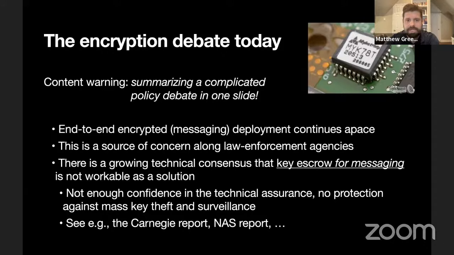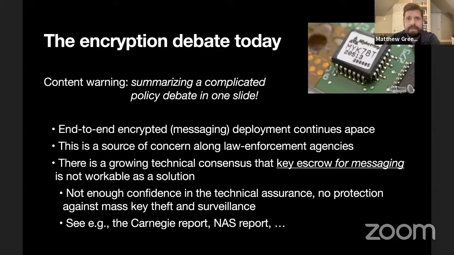Up until 2019 or so, this debate was a relatively simple one. The question was, can we gain access to encrypted messaging in exceptional circumstances? This capability was called exceptional access, and it involved having some kind of targeted decryption capability for governments or law enforcement with a subpoena. The only really good way that we had to realize that was using key escrow, and there were a lot of concerns about the security and the reliability of key escrow systems.